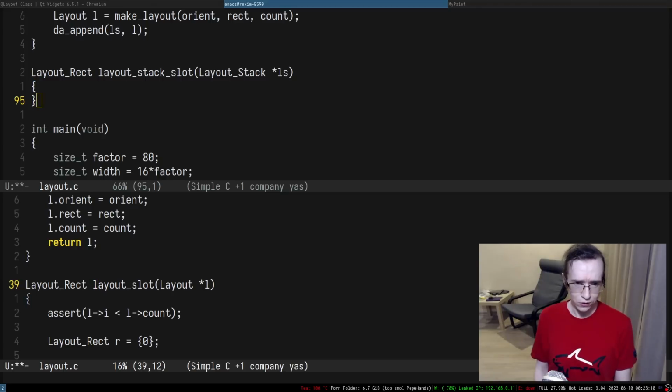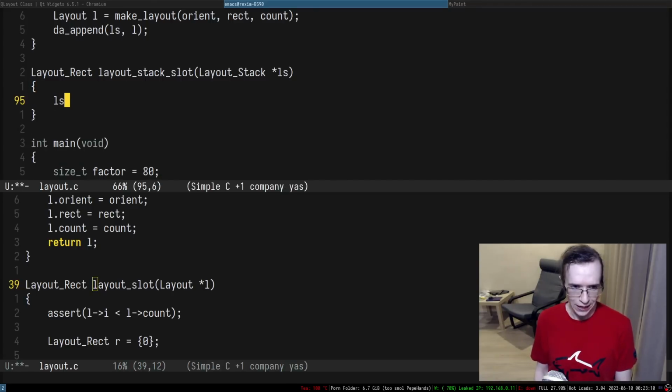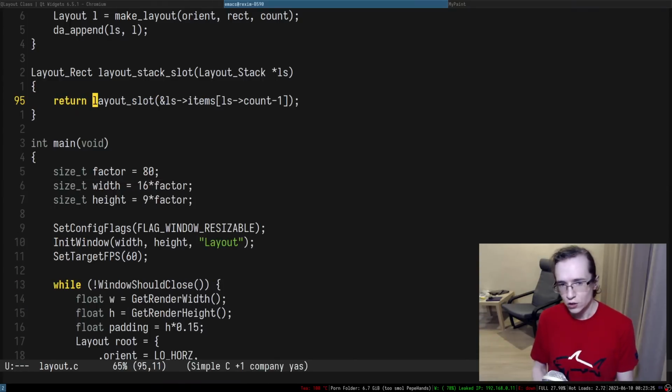And in here, basically we have to take the top element. The top element is basically items, ls count - 1, and we can just say layout slot. And we have to pass it by a pointer, and we just return that. But this is a very dangerous thing. What if this entire thing is empty?